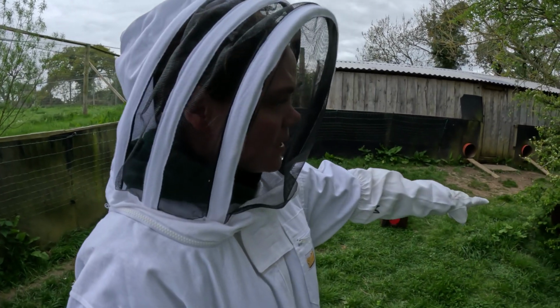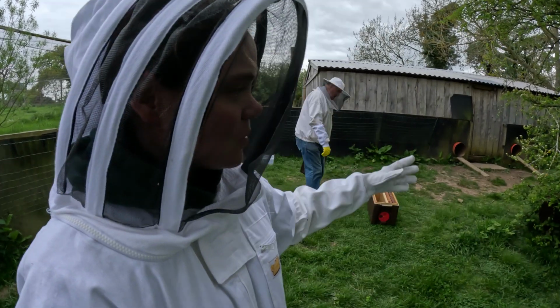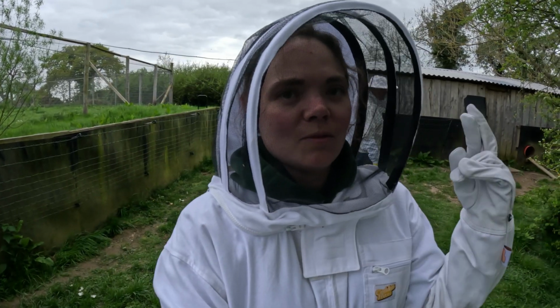So the reason why all the bees are kind of clustered in one area is probably because the queen's in the middle, so that's a good sign. So if we can get the queen in the box, hopefully everybody else will come along. So fingers crossed,